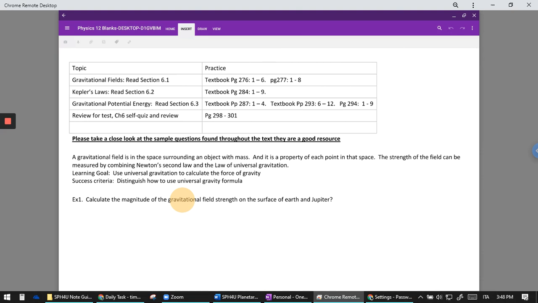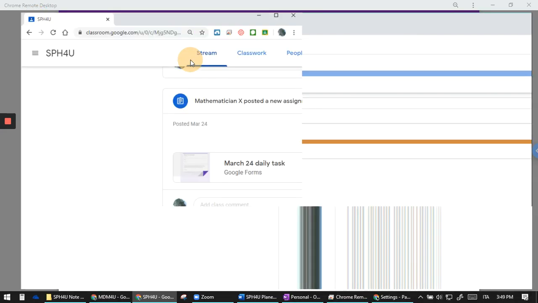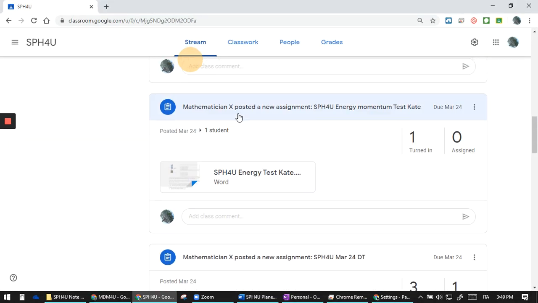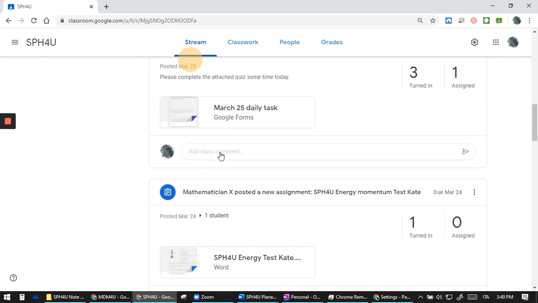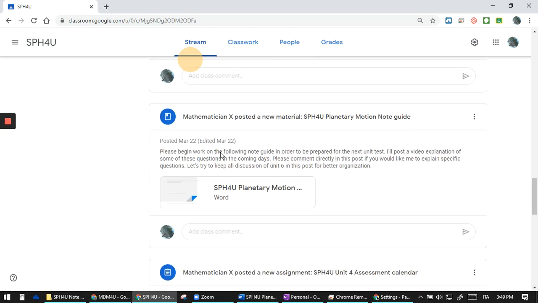So for example, let's say one of you has a question on the textbook, page 284, right? Number 3, for example. You can go ahead and formulate your questions like that. All right. And what I'd like for you guys to do, if you do have questions, here I'll show you. Here's the physics thing here. Go ahead and keep all of the gravitational field questions, if you could,